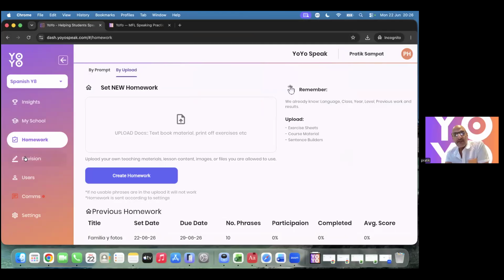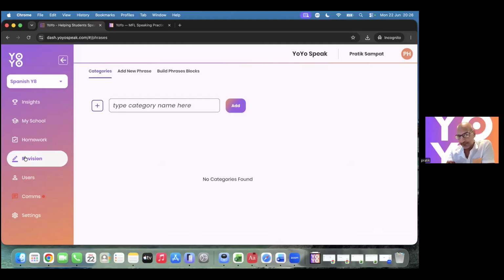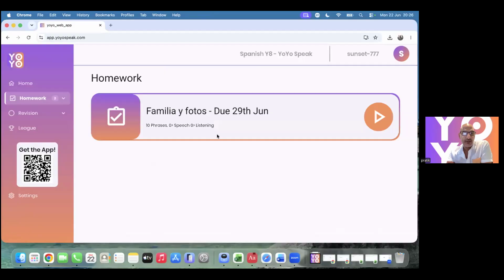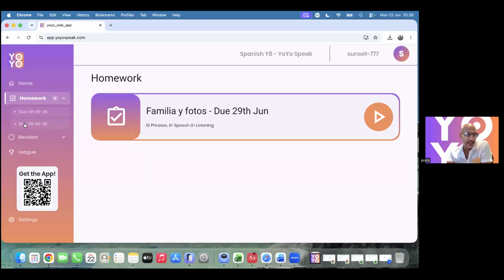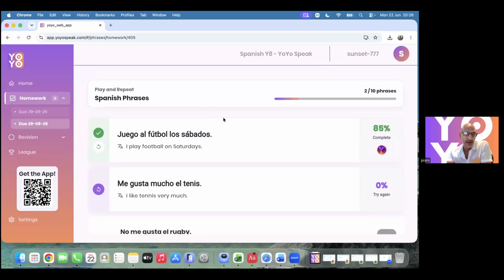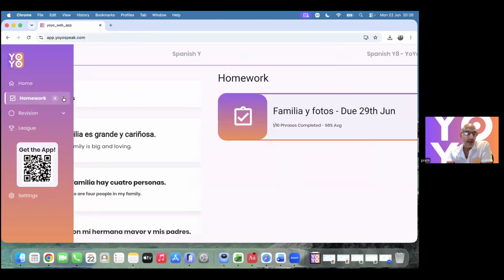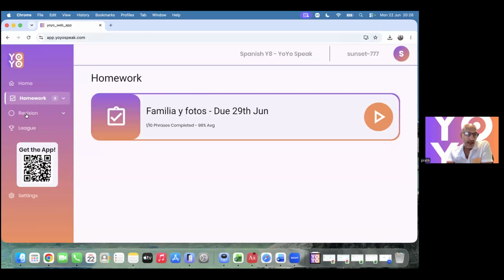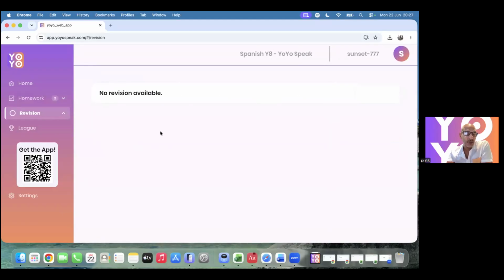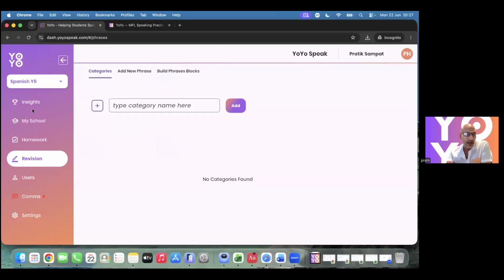Homework is the main feature. Well, I say that. Homework is obviously, I think, the most important element of what YoYo can bring, which is the regular cadence of speaking and being used to speaking on a weekly basis. Homework, as you can see in this profile here, only ever shows the most recent one. The students can click down and see the prior ones, for example, the sports, because this changes weekly or bi-weekly. Revision is an evergreen space where you can put on assessments for the end of the year or the end of the term. And also, a very great feature is we're going to add a year 8